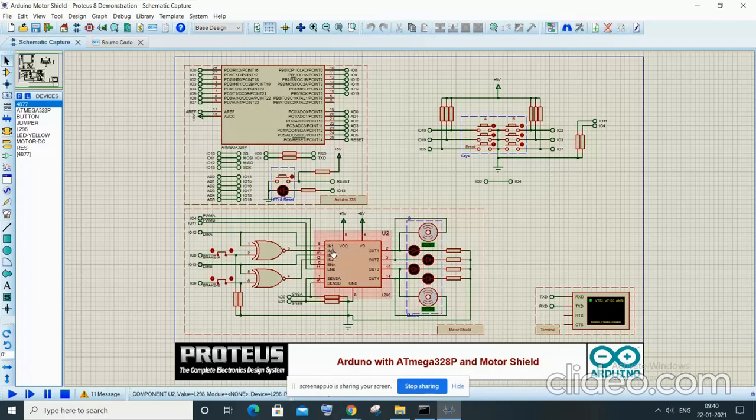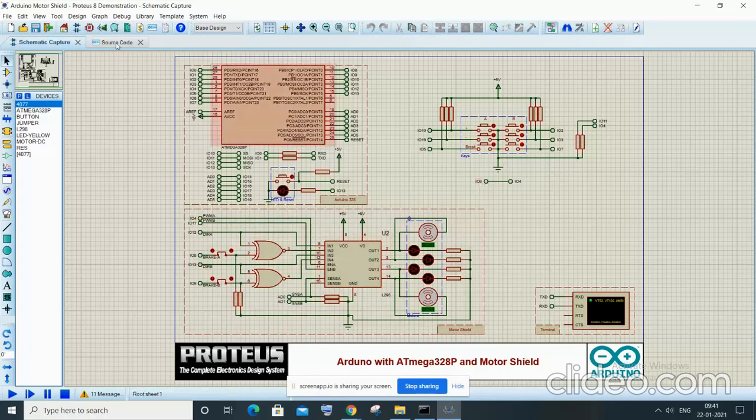We have input 1, input 2, and enable A key to control the inputs of this motor, which is connected to channel A. And then we have output 1 and output 2 pins, which are used to control the output of this motor. The input 1 key is connected to IO12. Input 2 is connected to the logic gate, which is a XNOR gate, and enable key A is connected to IO4 pin, which is in turn connected with IO6 pin.